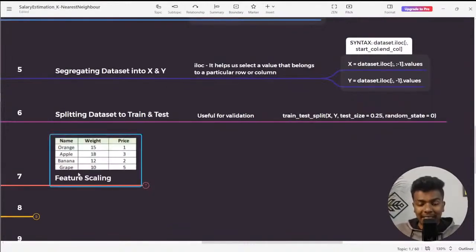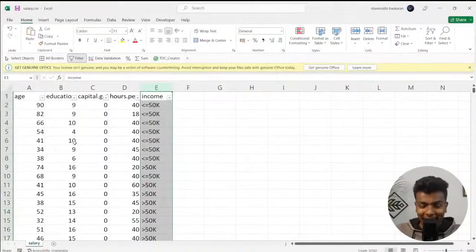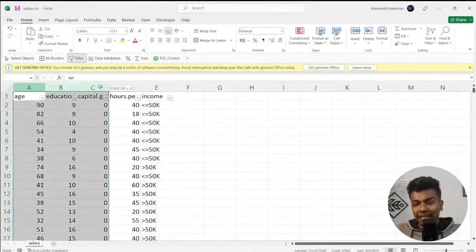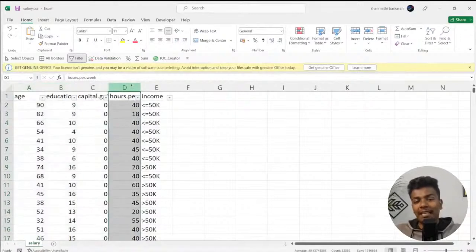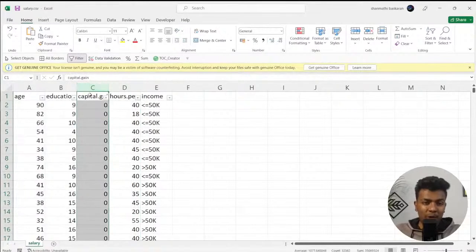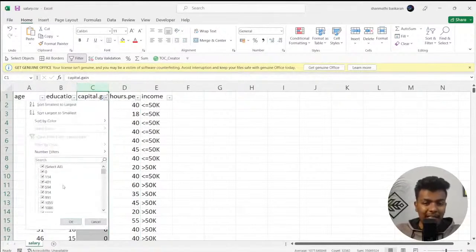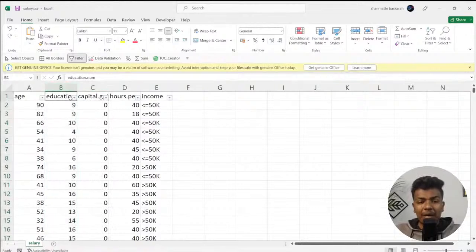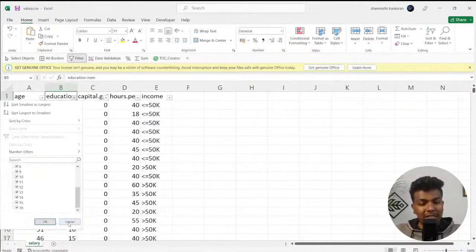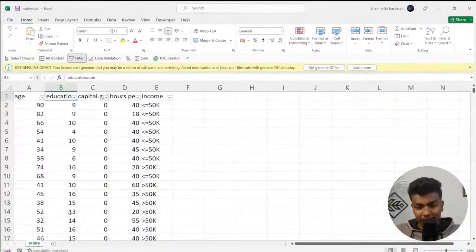While talking about the seventh step, this is also going to be a question, but I can answer this. While talking about these 4 features in your data set, this column is in the range of around 10 to 100, but these columns are in the range of zeros and thousands, to a maximum of around 1 lakh. Whereas this education number is in the range of 1 to 20, and this age is in the range of 1 to 100. So each and every column has a different scale, a different range.